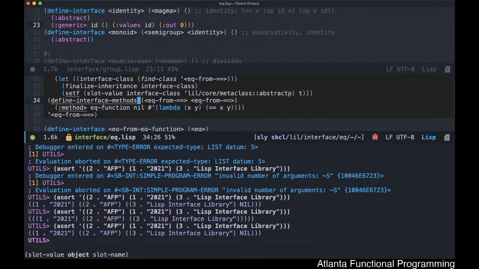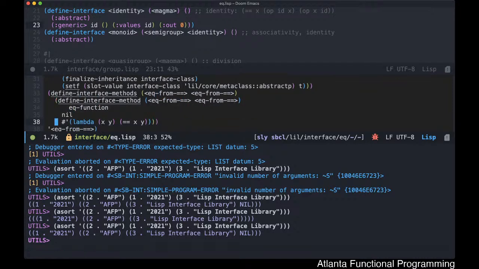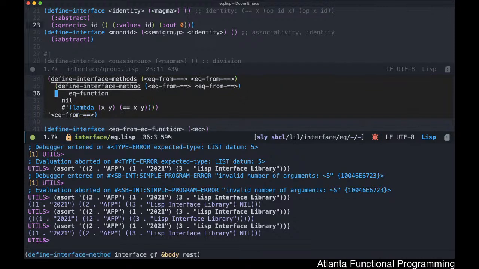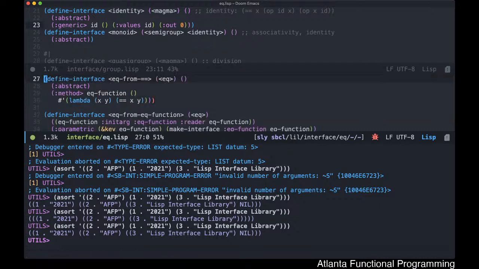In this case, it's equals from equals. It will generate all that code for you. As you can see, it's doing multiple layers of generation, but ultimately it will create this lambda x y that returns essentially this function call for your use case,